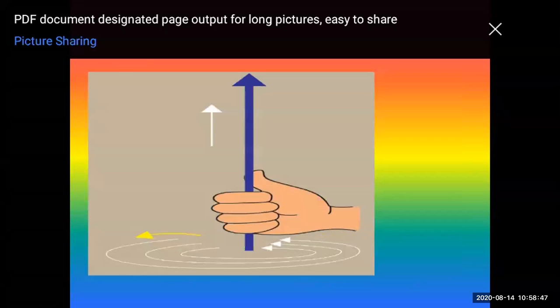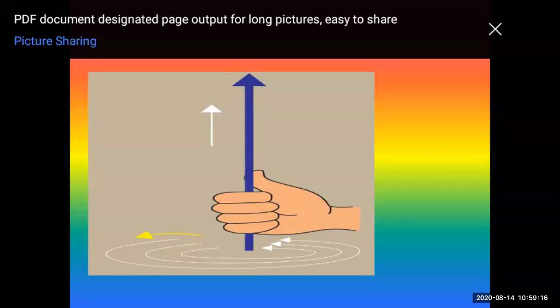Now let us move to right hand thumb rule. What is right hand thumb rule? Imagine that you have held a current carrying straight conductor in your hand in such a way that your thumb points in the direction of the current. Okay. So then turn your fingers around the conductor. The direction of the fingers is the direction of the magnetic lines of force produced by the current. So that is called as right hand thumb rule.